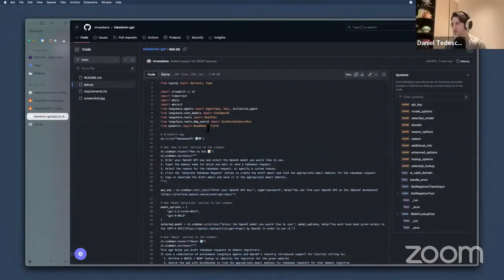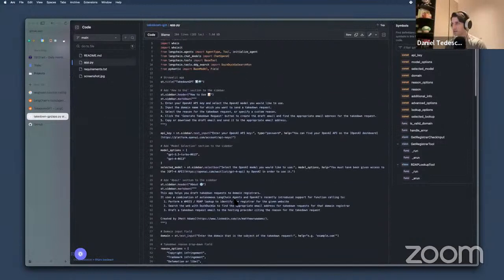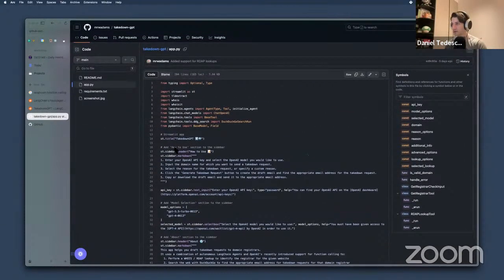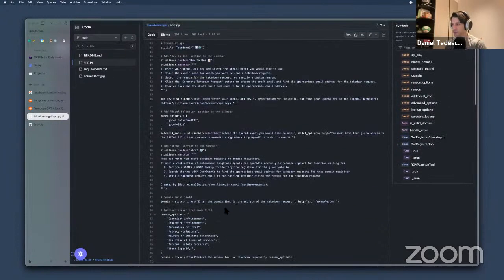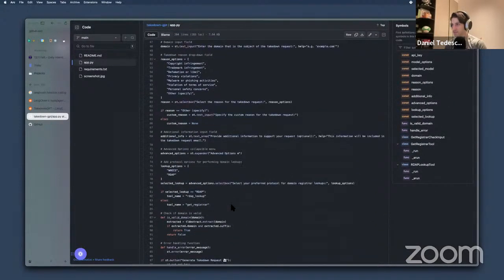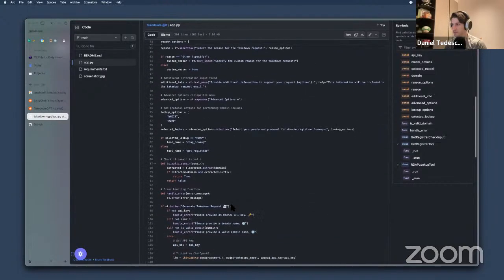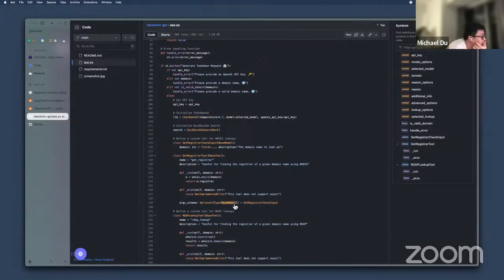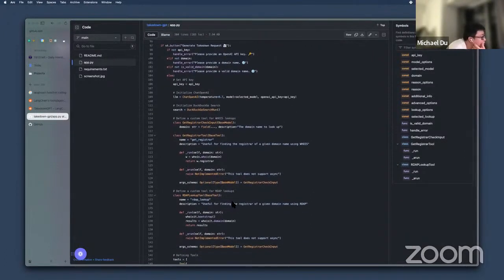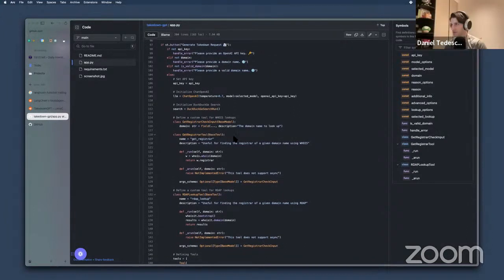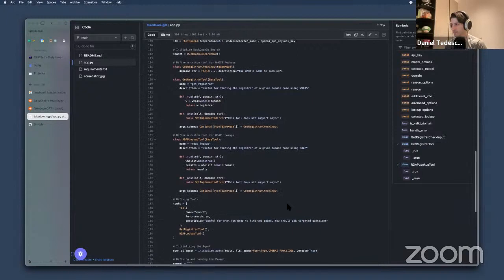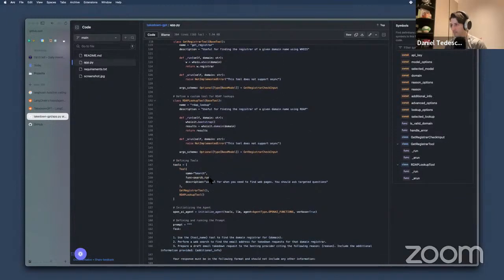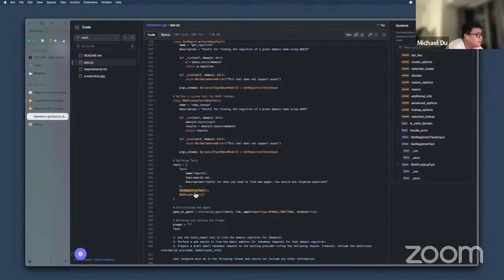All right. I don't really see quickly how to get through this. Oh, this is all Streamlit stuff. Where's the custom function? Is it this custom tool? Oh, here. Search. Oh, get registrar tool.